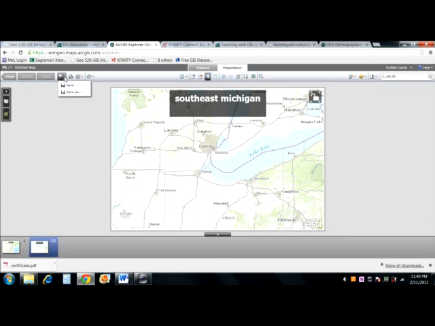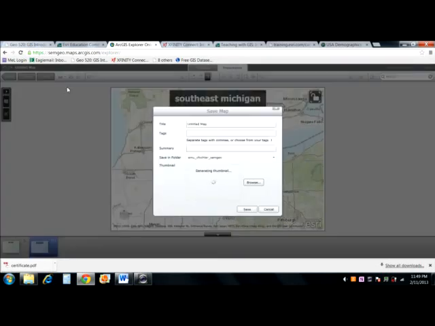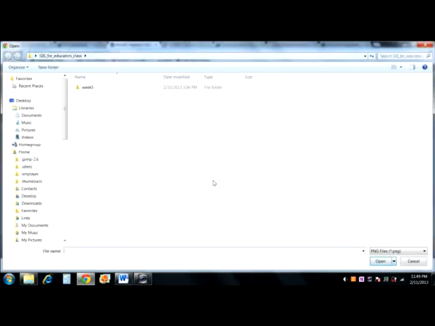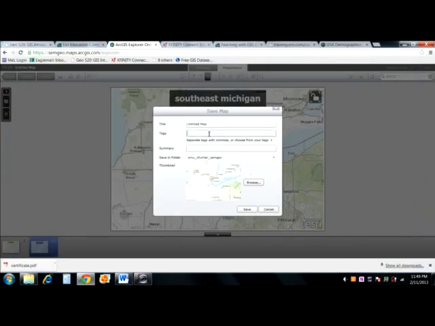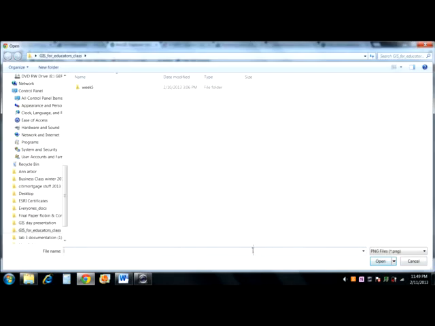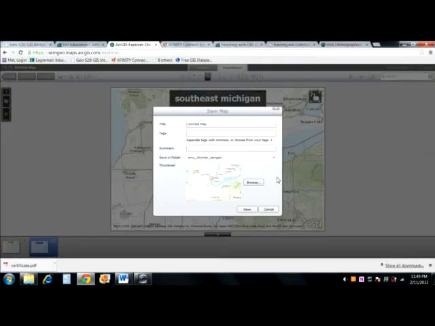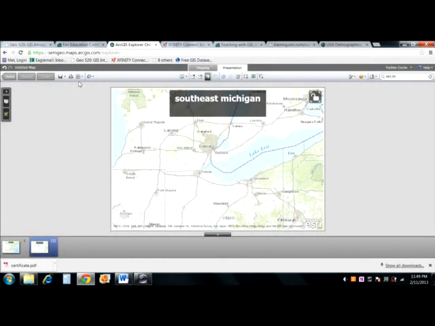You can save it. I can save it in my folder that I have. I can also save it with tags. This is the little thumbnail image they were allowing me to save, it looks like, or add one. Add a new thumbnail for it to save my map. You can print it,